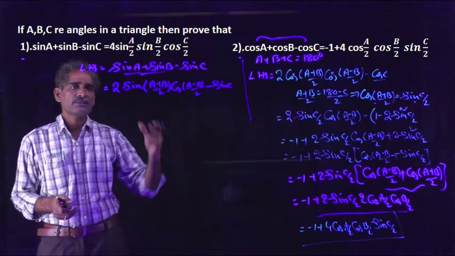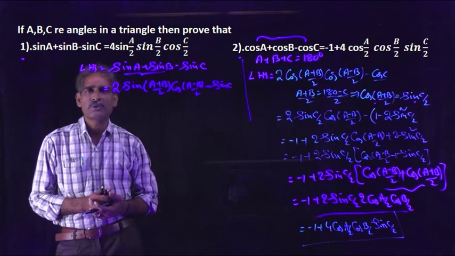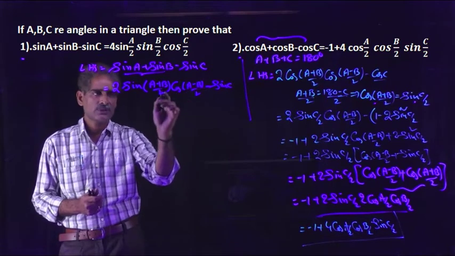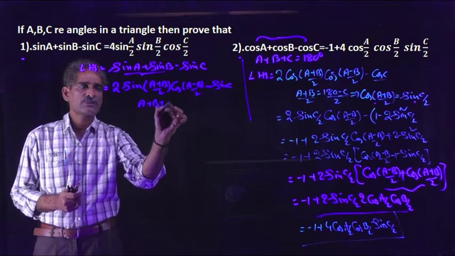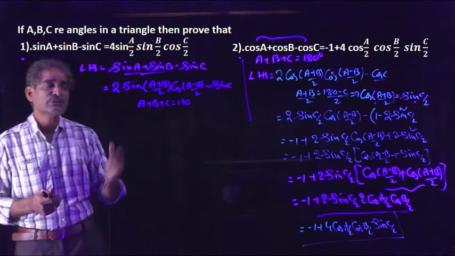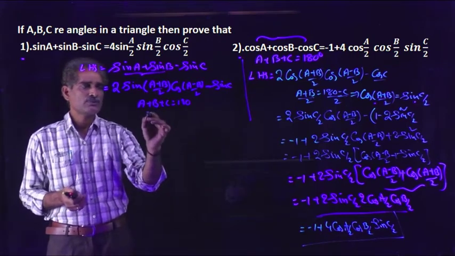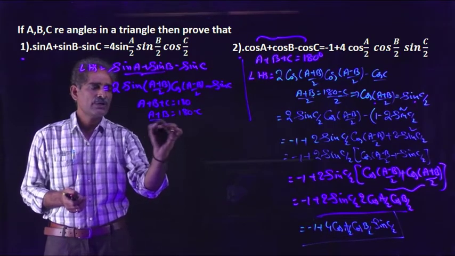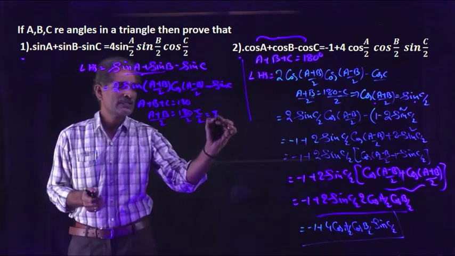Okay, so again observe the right side. The angles A/2, B/2, C/2 are there, but here there are two compound forms, so you can't change this into single form. So here we can change. For this, take the given condition A+B+C equal to 180. Sometimes A+B+C may be given as 90 or 270 like that. So with respect to the given condition, we can do the problems. So sin of (A+B)/2: A+B is nothing but 180 minus C, so (A+B)/2 is equal to 90 minus C/2.